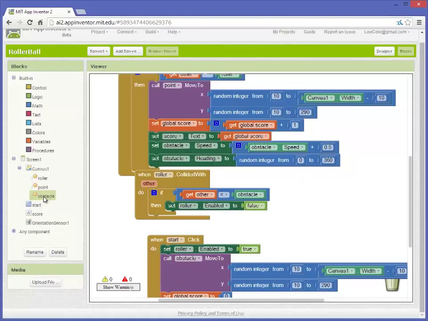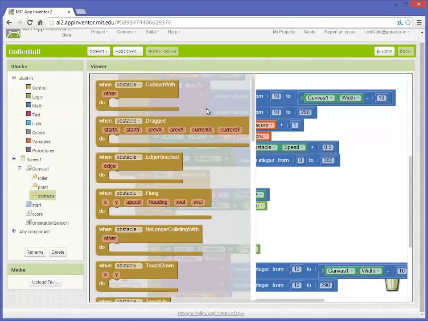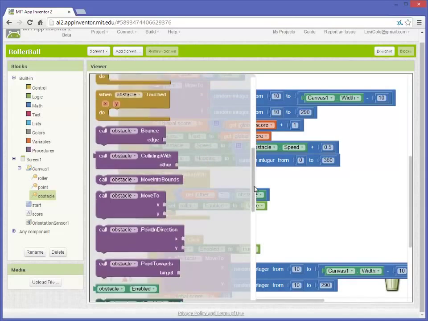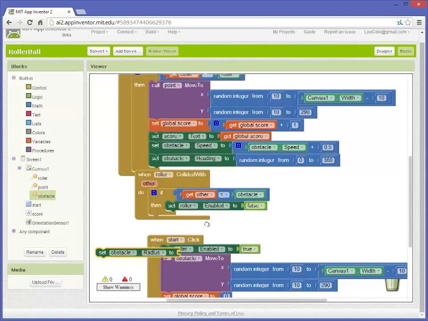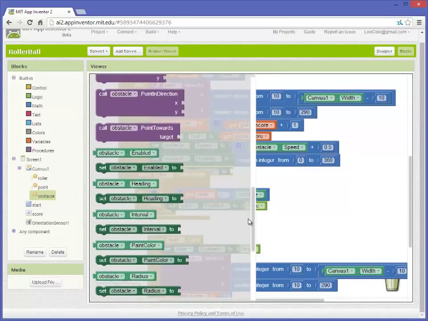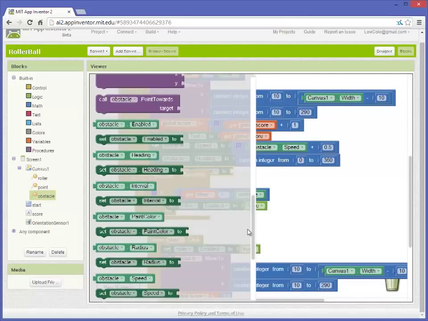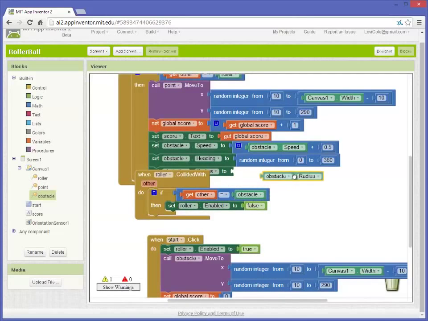Another thing that we can do to make the game more challenging is make the obstacle bigger with each point that gets scored. To do this, we will change the obstacle radius, and we'll want it to increase by 1 pixel after each point is scored. Again, we'll need to duplicate the addition, bring it down. Trash that. So now we have the obstacle increasing in speed, changing its direction, and getting larger as each point